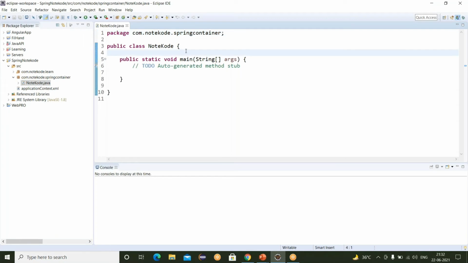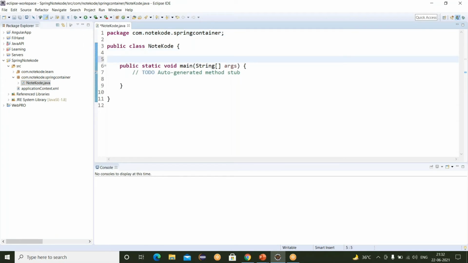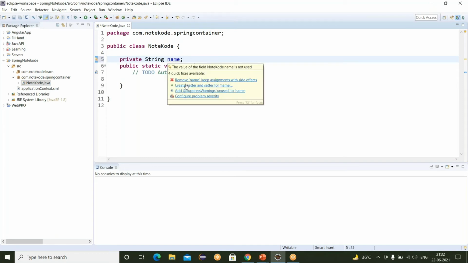In this, we are declaring our variable. So private String, let's say name. Now I'm creating the getter and setter.